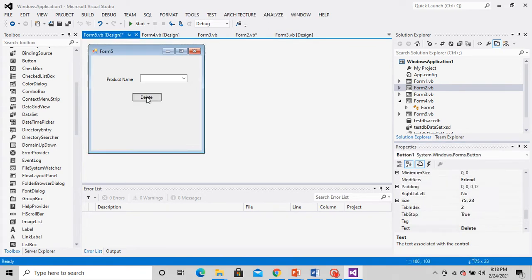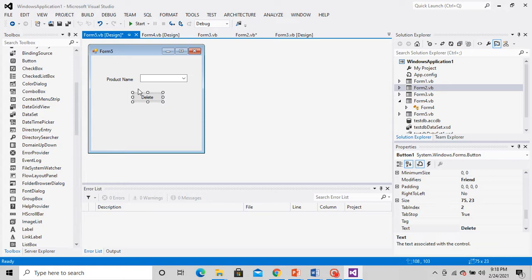Now students, if you think very carefully, you can tell that there is a problem here. Since we have not kept any primary key, the product names might get repeated. So this particular code will work great if you are putting the primary key here. But while making the database, I have not actually selected any key there. When you are doing your project, you can try to make it the primary key, for example if you add a particular column called product ID.